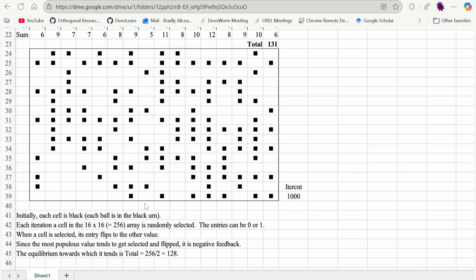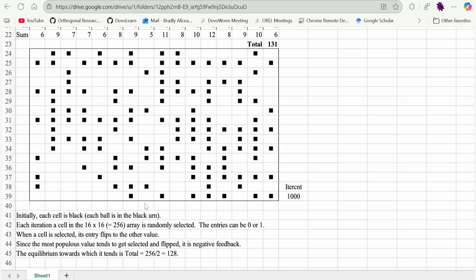So the idea is if you reach into the urn enough times and you pull out balls, the distribution you'll get is random in nature, and you should get a random distribution. That's the idea. Now, in the last case, that was a random initial distribution. We're drawing balls out. We have an equal number of zeros and ones, and we're just drawing them out at random and placing them on the board.